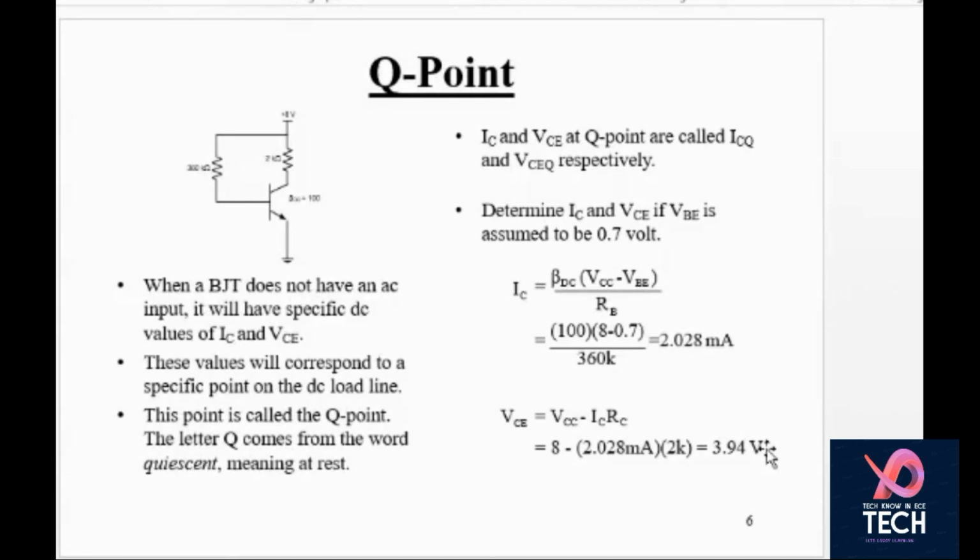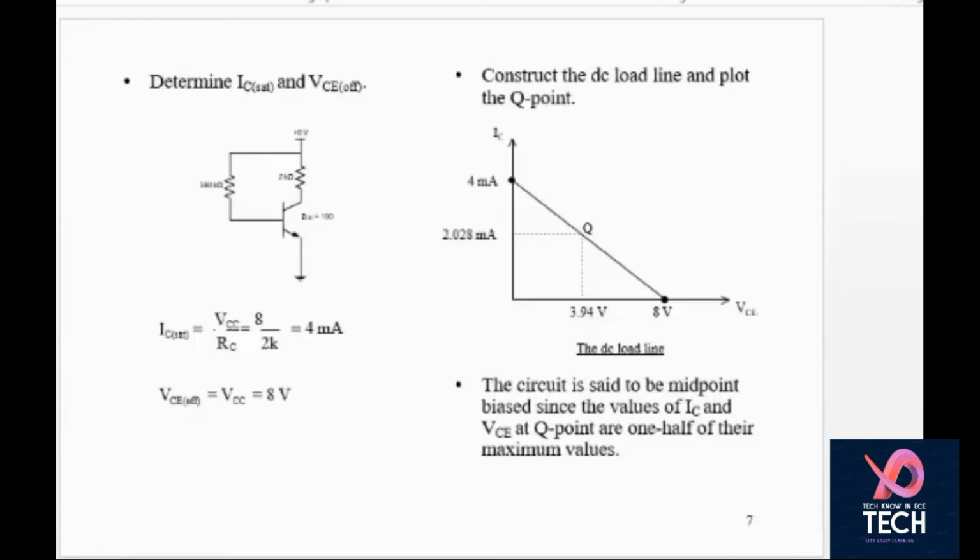कि क्या करना है. अब कई बार ऐसा होता है कि आपको IC की वैल्यू दे रखी है, VCE की वैल्यू दे रखी है, आपको RB की वैल्यू फाइंड आउट करनी है रिवर्स में. तो फॉर्मूलाज आपके पास हैं, आप इजीली कैलकुलेट कर सकते हैं. ठीक है, अब हम आगे बढ़ते हैं.